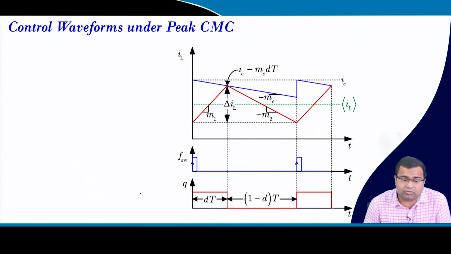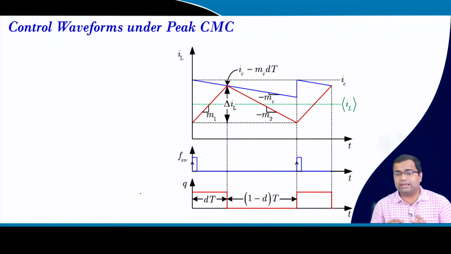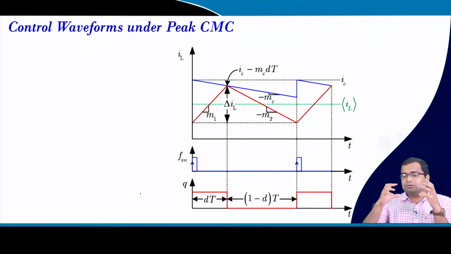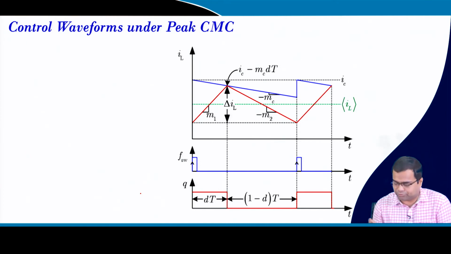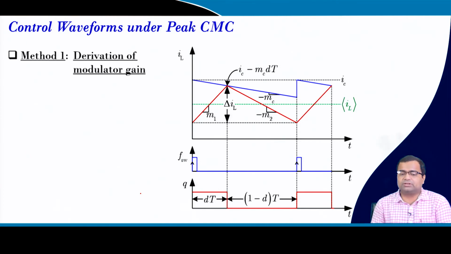Then what are we going to do? We want to improve the model accuracy. That actually lies with the derivation of the modulator gain. If you take the first approach, it is derived by the Middlebrook approach,